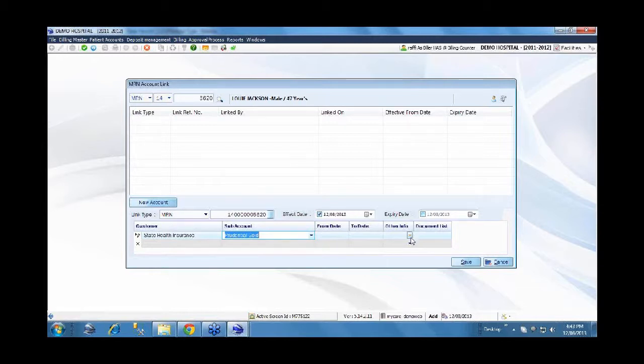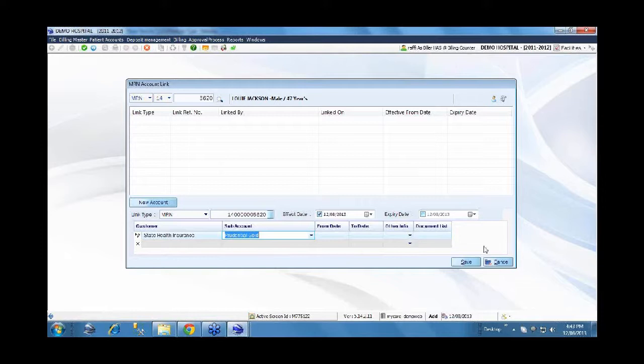Wherever an insurance company does not support it, it will be a manual thing. Manual verification of the insurance ID and whatever policy start and end date is specified by the insurance company, you can capture that in the system. That is the from and to date that you are seeing here.